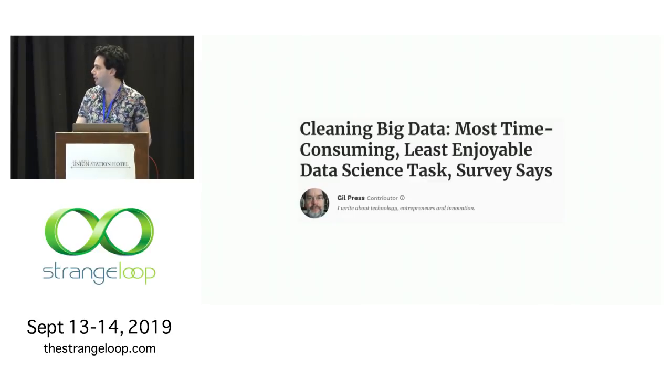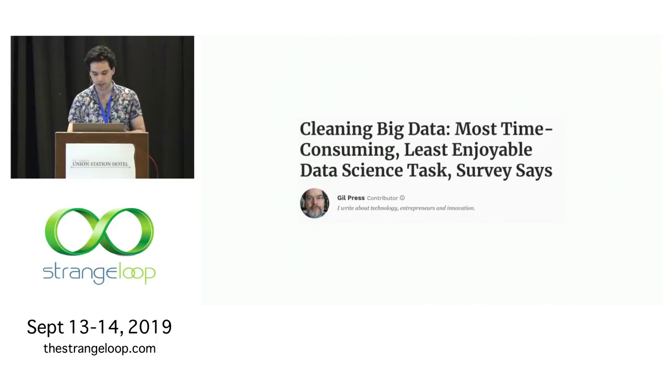cleaning messy data. This headline is reporting on a survey of data scientists in which they reported that cleaning the data before they got to do the fun analysis part was their most time-consuming, least enjoyable task. This is not really interesting work. It's the sort of work that any of us in this room could do by hand, of fixing typos, recognizing that numbers are reported in the wrong units, seeing null values that are obviously supposed to be something and filling them in. But it's the work that has to be done before you can actually use your data for something